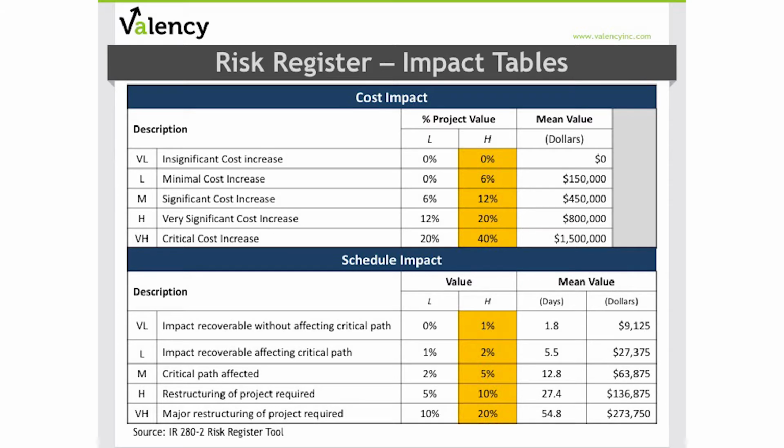Out of the box, the risk register templates have impact tables for both cost and schedule. Each table has 5 levels of impact, and a range of values for each level is provided as guidance derived from CII research. However, you have the opportunity to modify those so that they're appropriate to your risk requirements within your individual project.